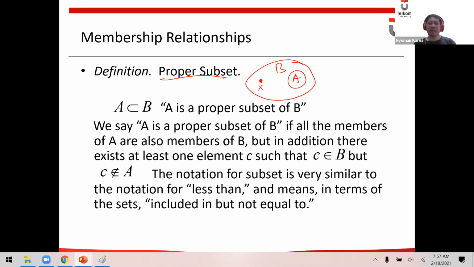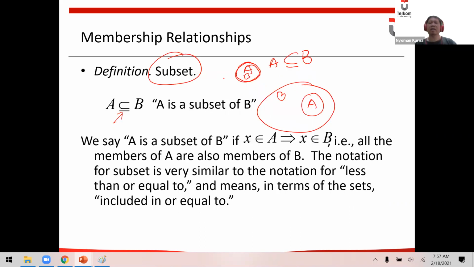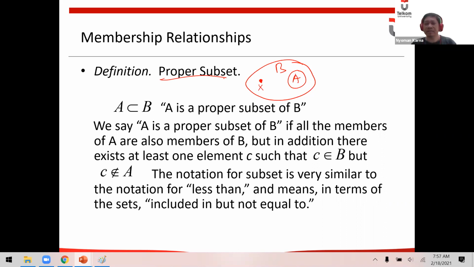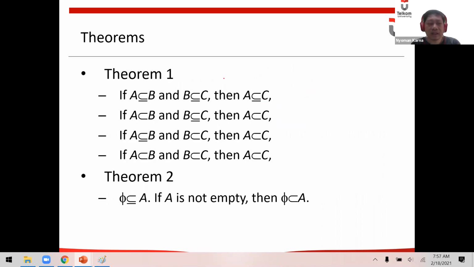So in proper subset, B must be bigger than A. But in subset, B could be the same as A. Okay, that's the main difference between subset and proper subset.